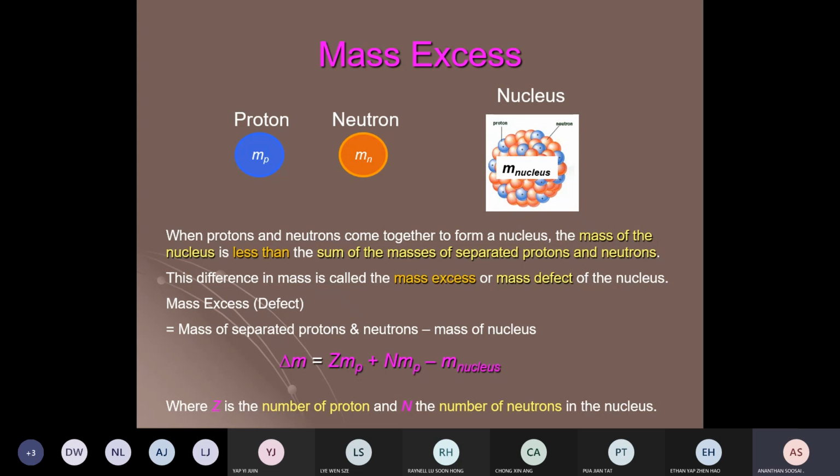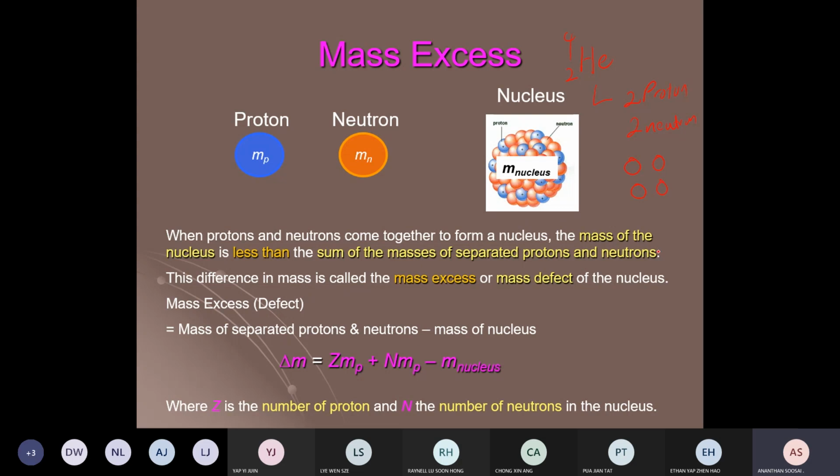What is the meaning of that? Let's say we go for helium. Helium is 4/2 He, made of 2 protons and 2 neutrons, so there are 4